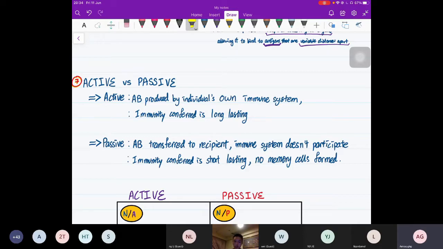Whereas with passive, your antibodies are transferred to you, but your immune system does not participate. Another difference is that active confers long-lasting immunity, while passive confers only short-lasting immunity. The reason behind that is that no memory cells are being formed